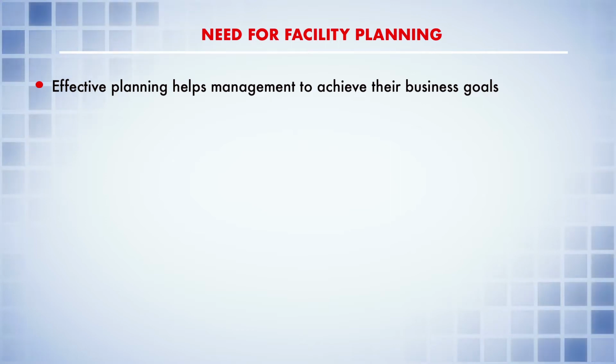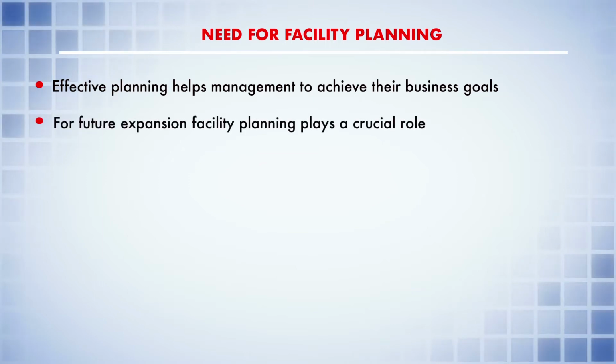Now, how will you optimize your profit? If your price is at a constant level, you have to minimize the cost. For minimization of cost, you have to minimize the wastage. For minimization of waste, you need to reduce the material handling. You have to reduce the material movement, and that comes under the function or the work of facility planning.